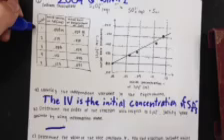Okay, for letter B, determining the order of the reaction, we will use trial 1 and 2, and by putting the rate as well as the initial concentration over each other,